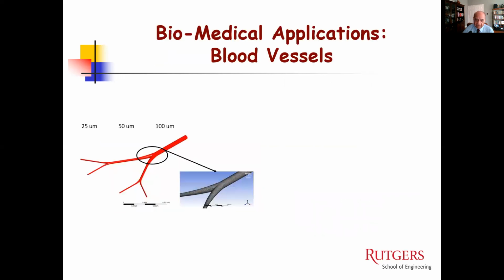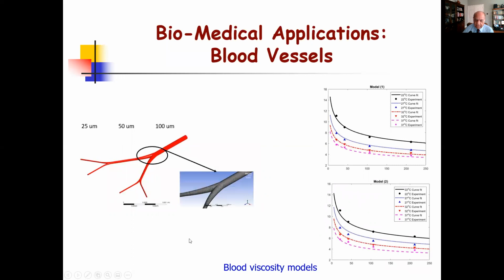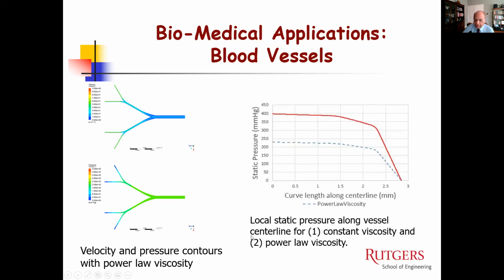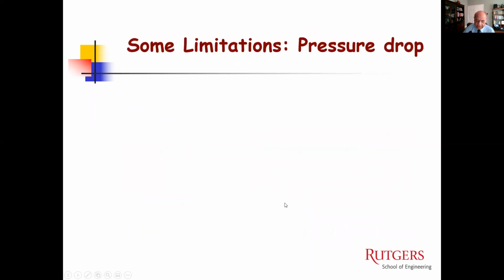We looked at some blood vessels, which are basically around the same dimension. Looked at some viscosity models for the blood, and we did some simulation for that because ultimately these are like microchannels. As you can see, they're very similar to microchannels, and the results are also quite similar. This is the pressure along the distance, and again, it depends on what kind of model you use, but the fact does remain that many of these are very narrow microchannels, and the pressure could be very high. We did a lot more work on it. I'm just showing that it can be related to biological applications, particularly flow of fluid through the channels.